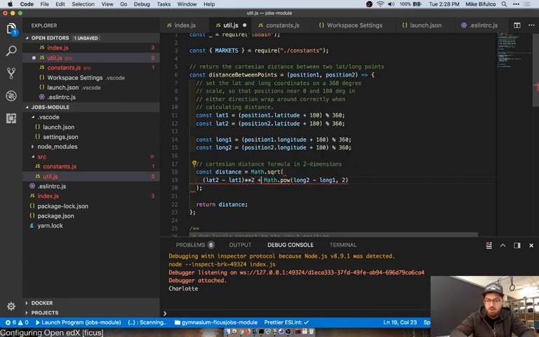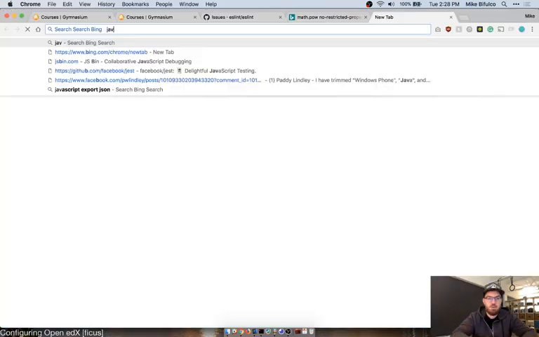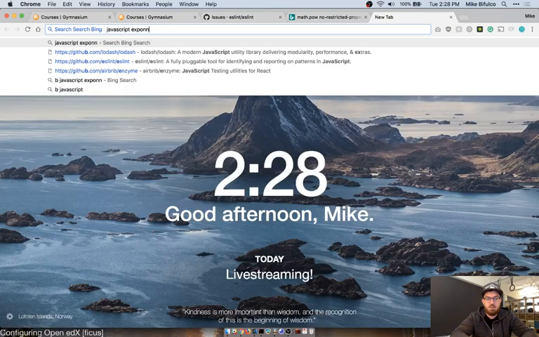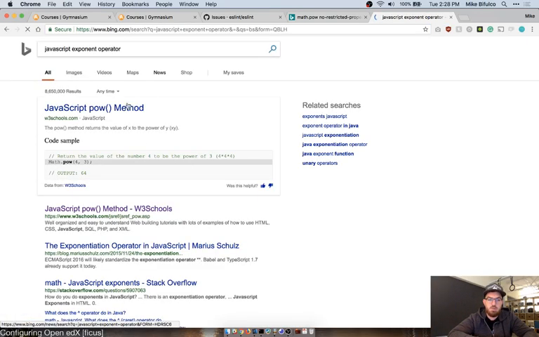I don't actually know how that works. We may have to look that up. Let's do that. JavaScript exponent operator. Exponentiation operator. Cool.